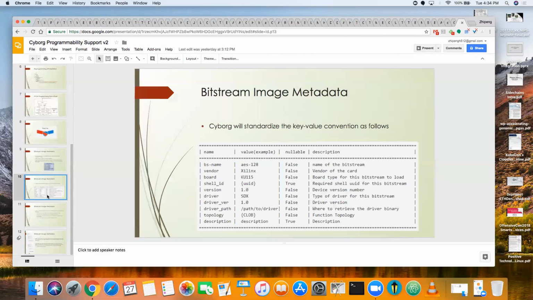Here's the thing, we couldn't determine what the user really wants. The real user might just want this bitstream, load it for me. Sure, we don't need to worry about anything else.